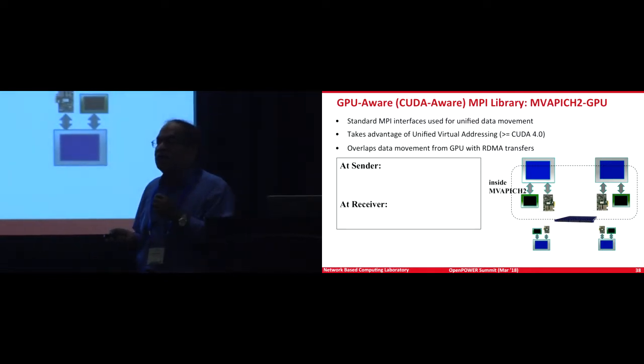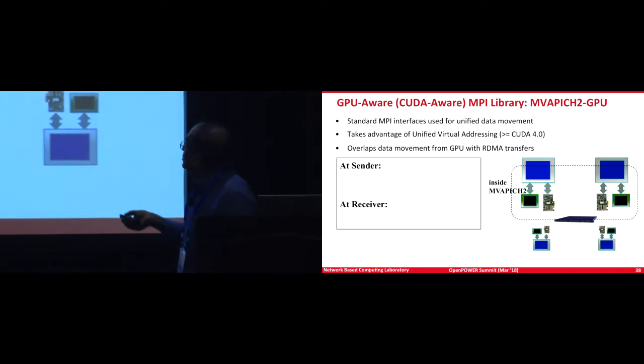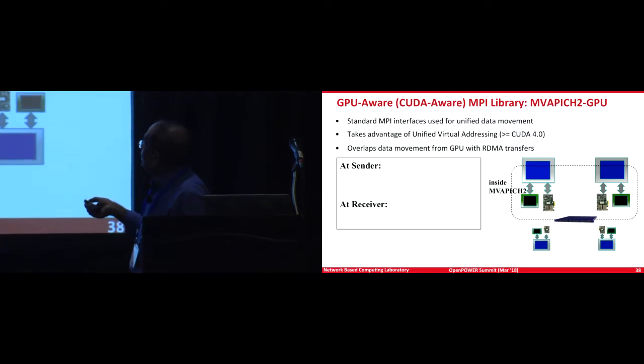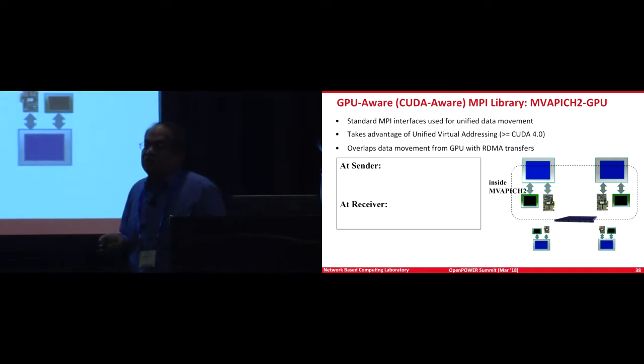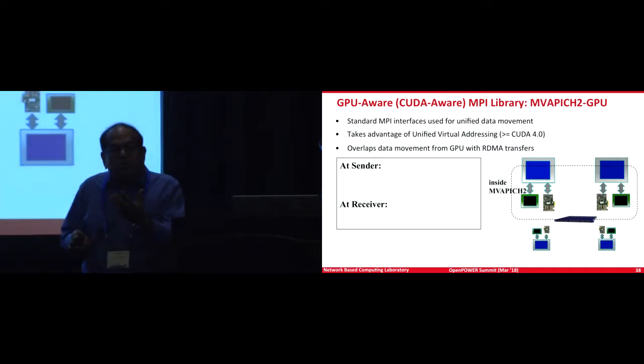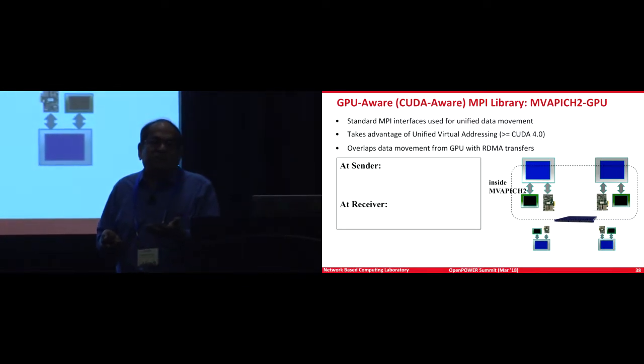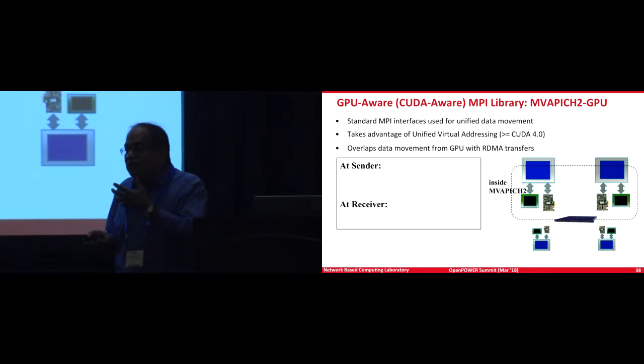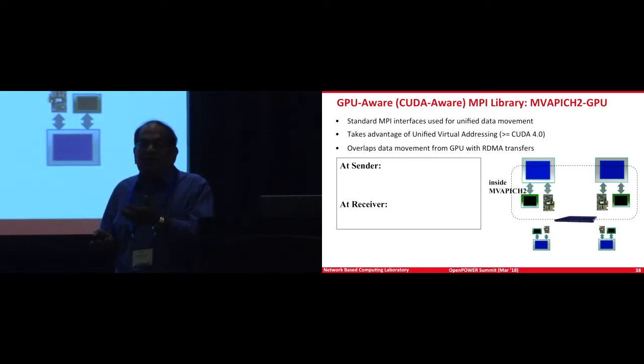The question we asked was, if anybody has done CUDA programming, most of the time, let's say you have a system like this, with a GPU and InfiniBand, you typically do a CUDA copy to the host memory, then do MPI, and after that you do another CUDA copy. That means the end user needs to learn about CUDA. You can do quick programming, but it is not highly productive because the end engineers and scientists need to learn about CUDA and GPU performance, all those things. So we asked whether you can do it in a very transparent manner.